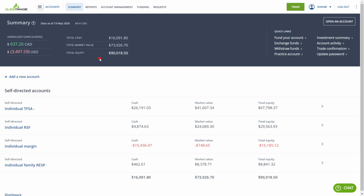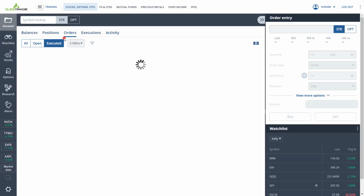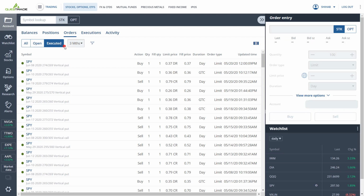So my equity as of May 19 is 90,000, and that's across all my accounts. So my TFSA, my RSP, my margin account, which is a negative 16,000, and my RESP. All right, so if I go under orders and execute it to look at my trades today in my margin